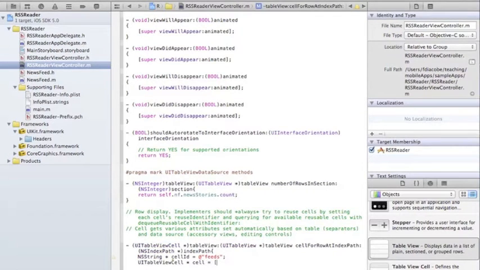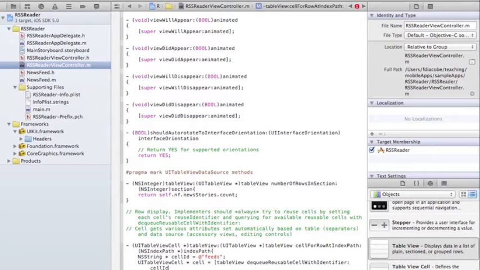Now here's the thing. When you scroll through multiple rows, some of the rows have already been created. So you want to see if the row that the table view is trying to display was displayed already, so you don't have to create it again. To do that, you say tableView, which is this one, right? tableView dequeueReusableCellWithIdentifier,